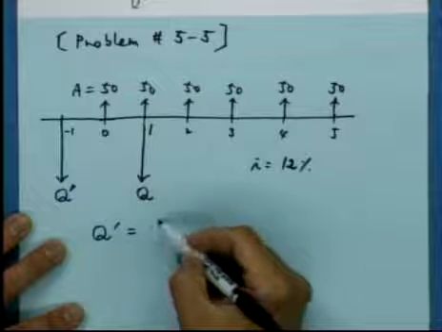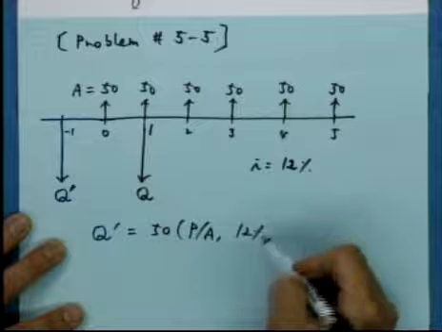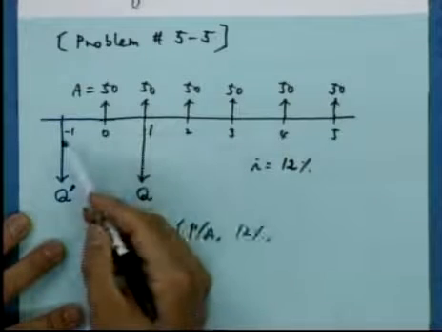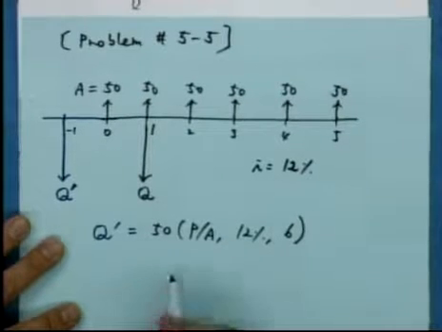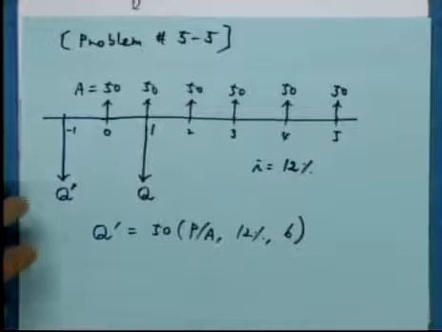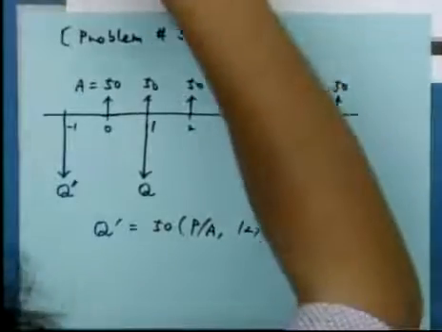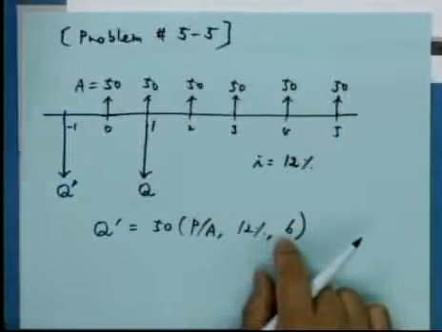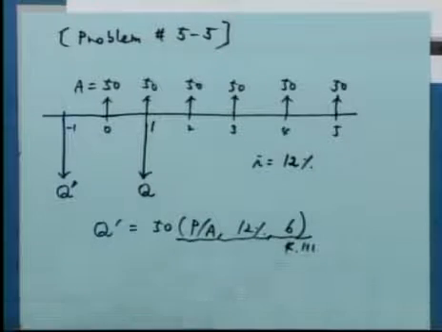So Q prime equals 50 times P given A, right? 12% over how many years? -1 through 5 is 6 periods, right? So how much is that? 12% P given A over 6 periods, 4.111. This is the 4.111. And then this Q prime